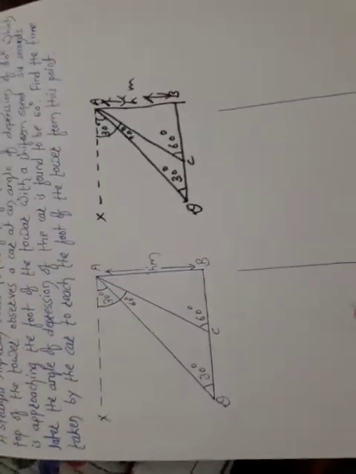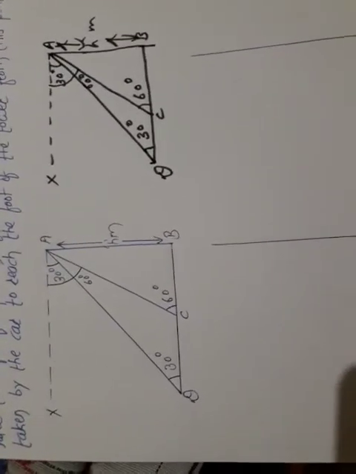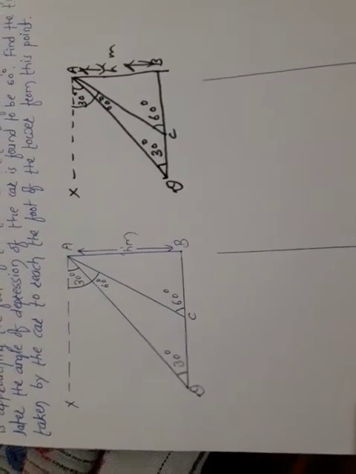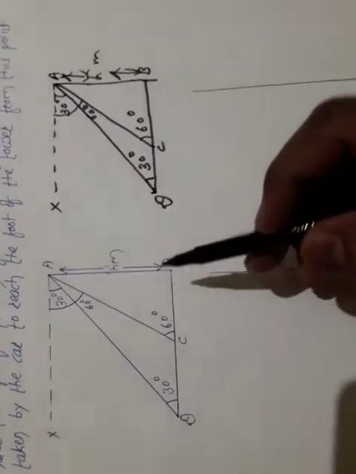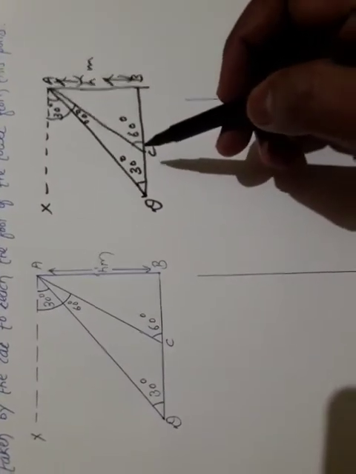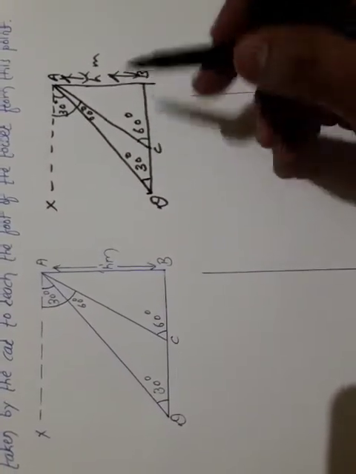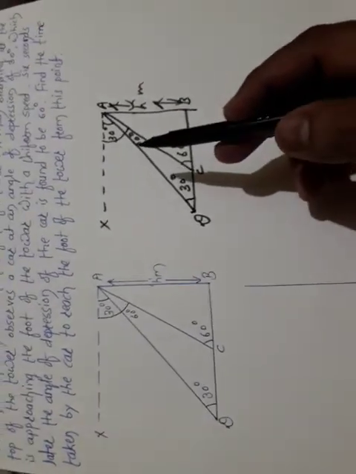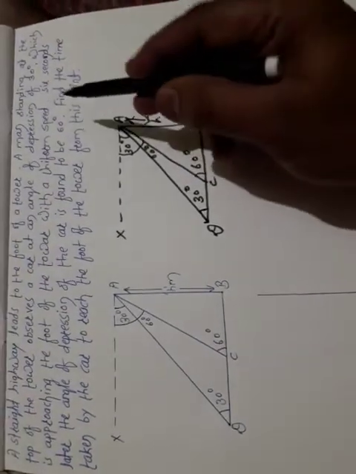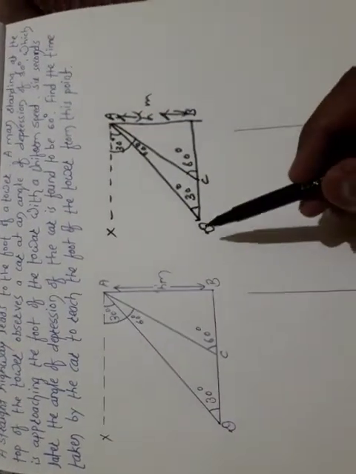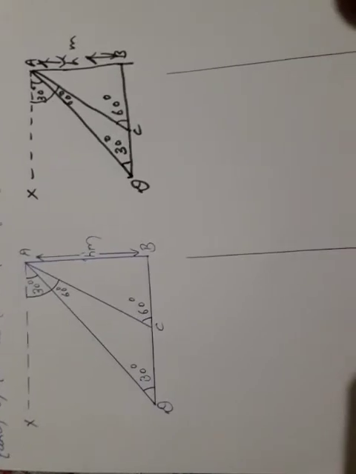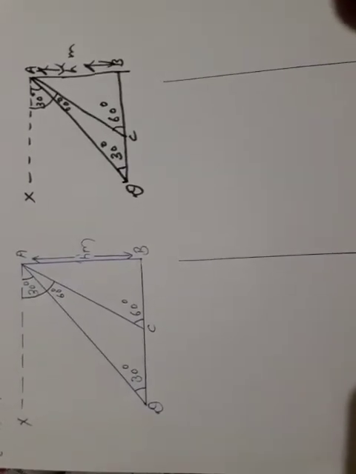Are you getting? I am going to start this example. Look here, what I did. First of all, I am going to mention how this figure is formed. We are going to find out the time taken by the car to reach point B from point C, because D to C the car has taken 6 seconds, and now from C to B how much time the car has taken, that we are going to find out.